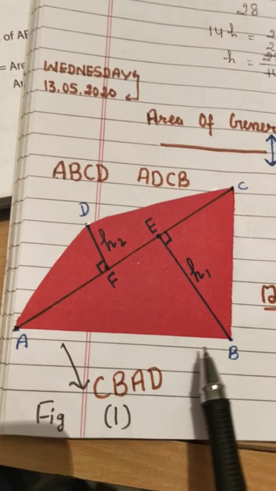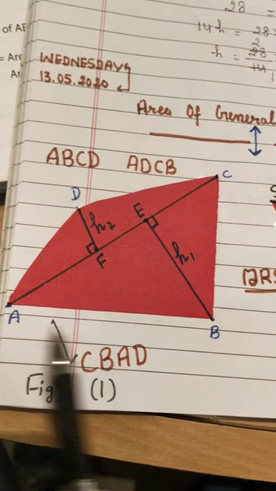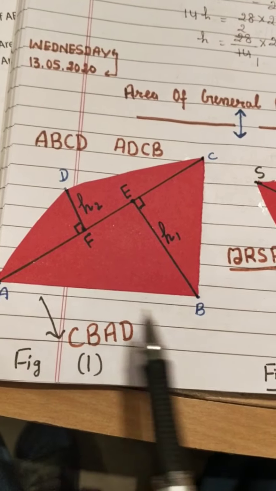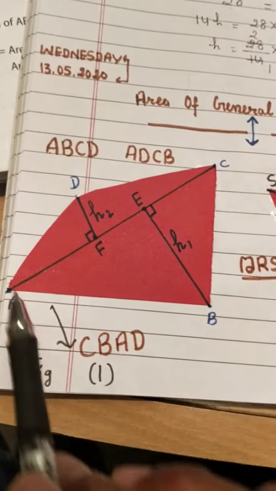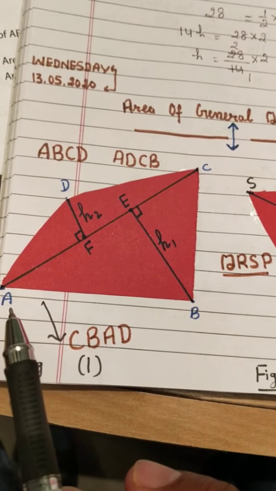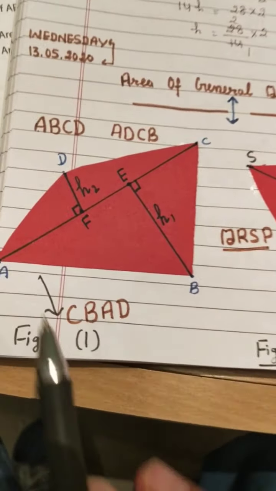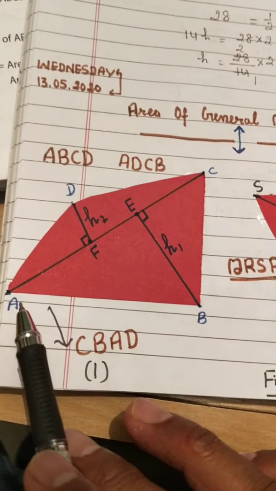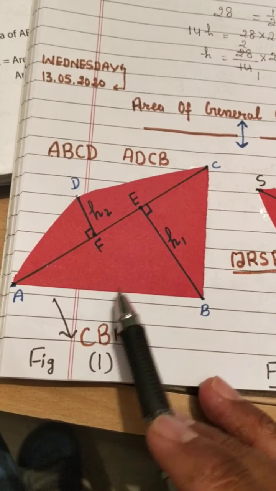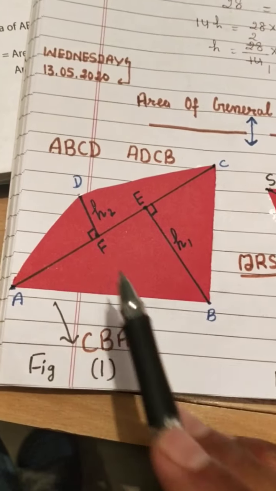So what is the difference between a side and a diagonal? A side joins any two consecutive vertices. AB and AD are two consecutive vertices. This is called your side, but a line segment joining two non-consecutive vertices is called your diagonal. So in ABCD, draw a diagonal AC. Now a diagonal divides a quadrilateral into two triangles. One is triangle ABC and the other is triangle CAD.